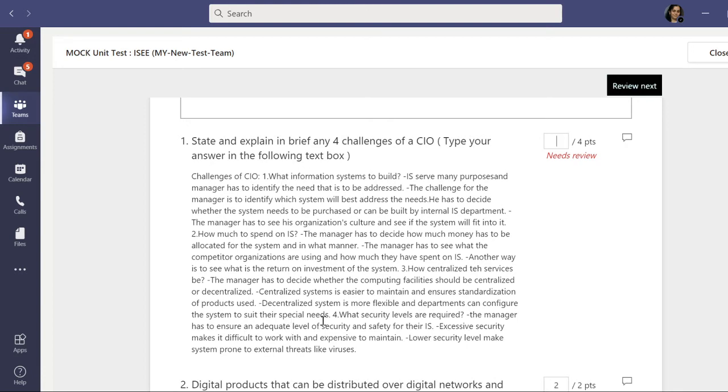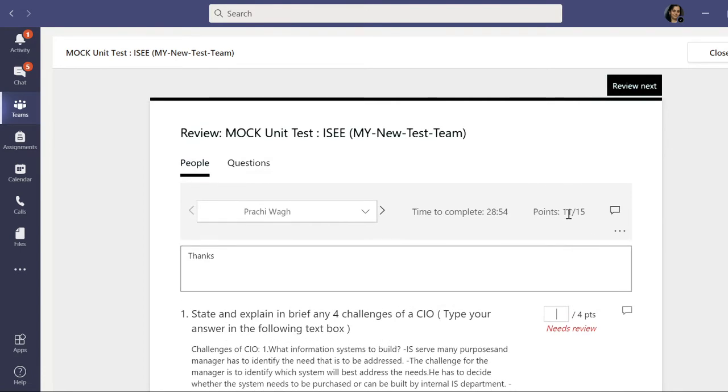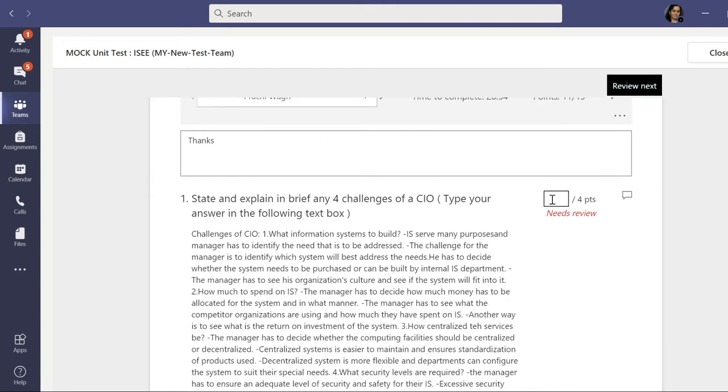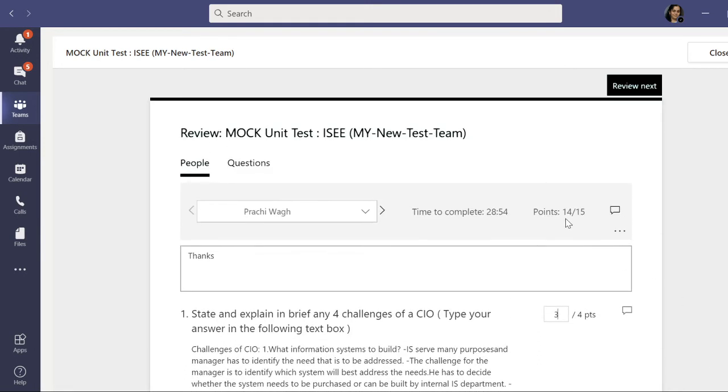Then I will read this. So first points, see the points, 11 points she has got. So after reading, suppose I will give 3 marks. So she will get 14 marks out of 15 for her unit test. Like this you can evaluate.